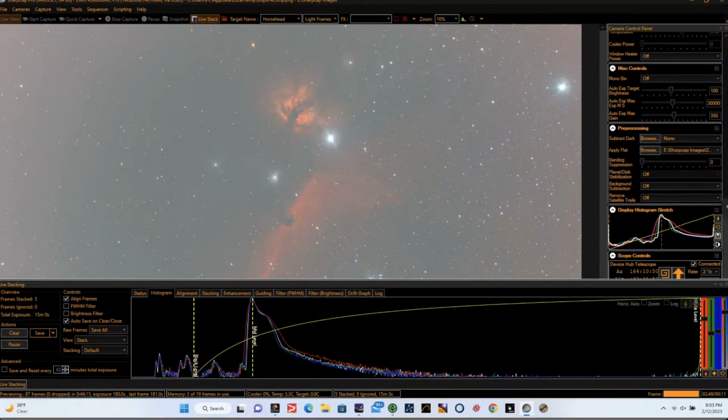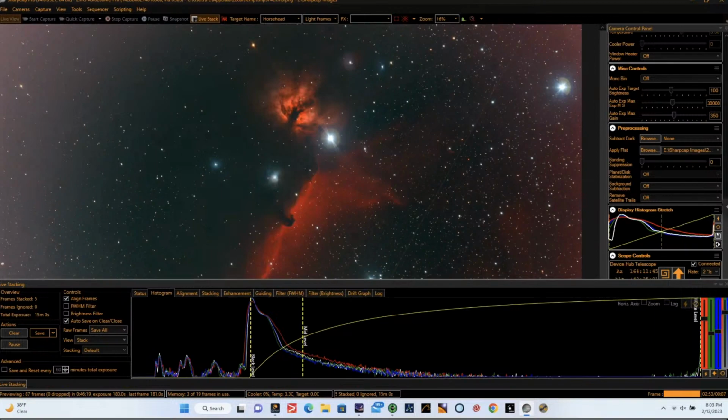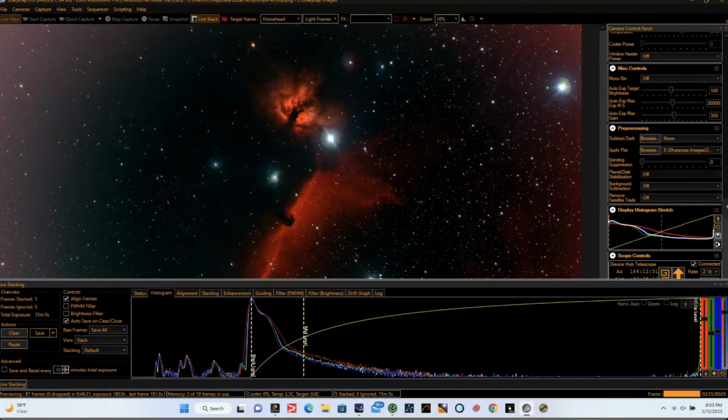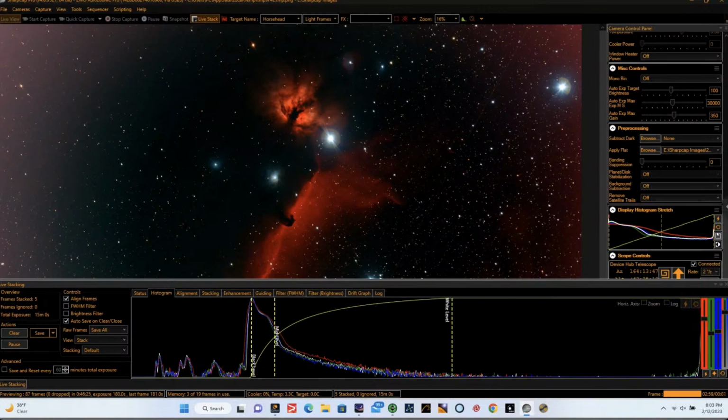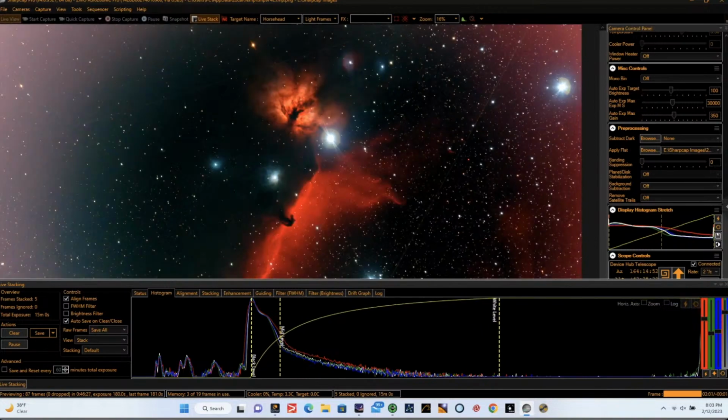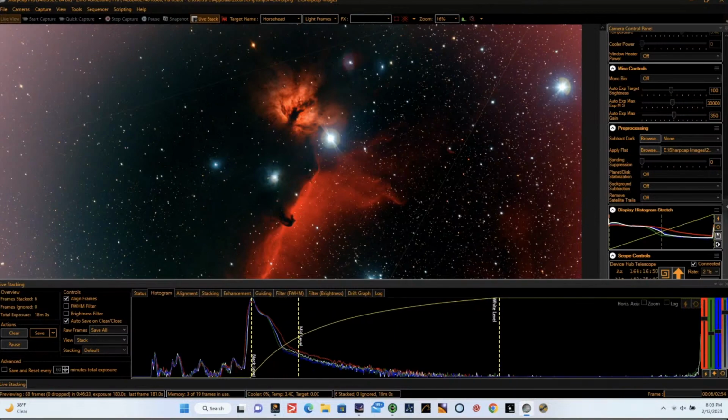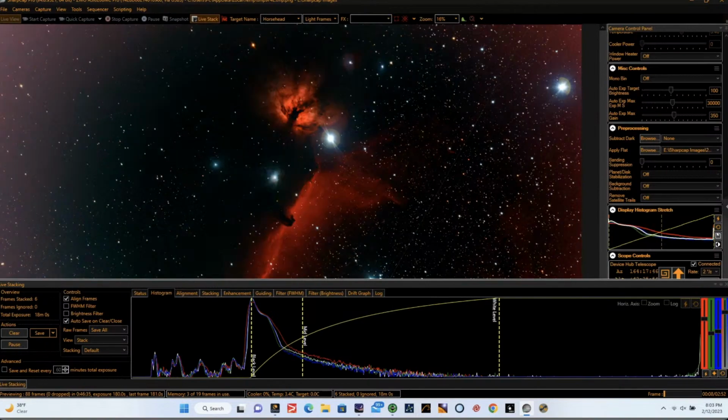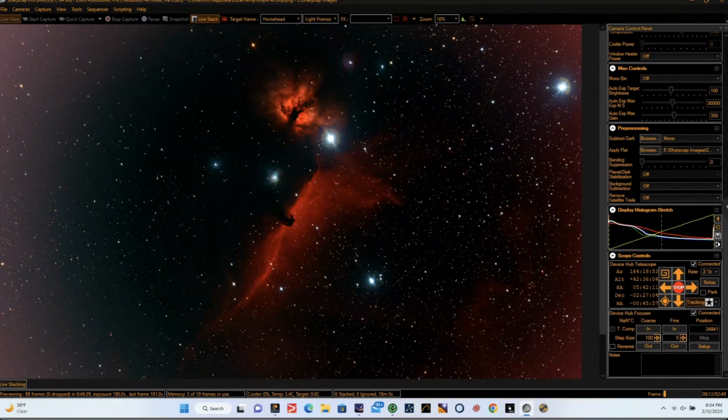Now, what we're going to do is we're going to move the curves right here. The black curve should be right at the peak of the data there. The white curve, bring it on down about here, because there's really nothing going on up here. And the mid-range, normally I like to do it right here where the data changes slope, but you'll notice here